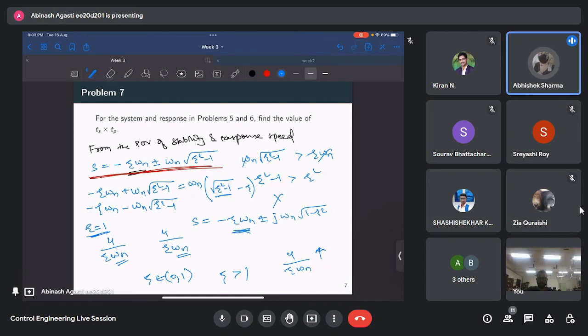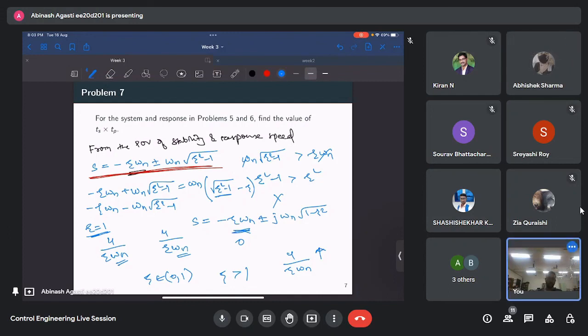और लेकिन वही अनडैम्प रहेगा तो फिर वो मेरा इमेजिनरी पर रहेगा, मीन्स वो मार्जिनरी रहेगा. नहीं, अनडैम्प्ड होगा तो माइनस समथिंग प्लस माइनस जे भी होगा ना, तो इमेजिनरी एक्सिस. अनडैम्प्ड के लिए तो जीटा 0 होगा ना सर, तो इमेजिनरी होगा. हाँ, तो ये 0 है तो ये प्लस माइनस जे समथिंग, तो वो इमेजिनरी एक्सिस, तो वो मार्जिनरी स्टेबल. हाँ सर. और जो ओवर डैम्प होगा तो वो भी स्टेबल ही होगा क्योंकि वो दोनों रूट्स